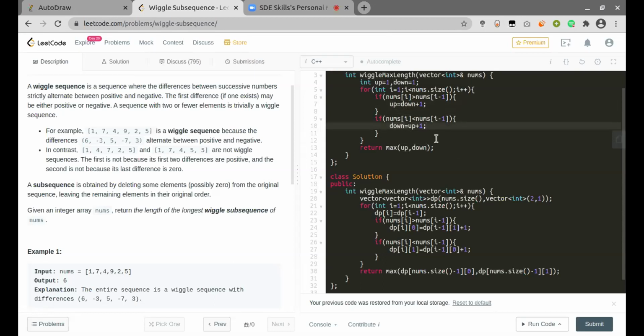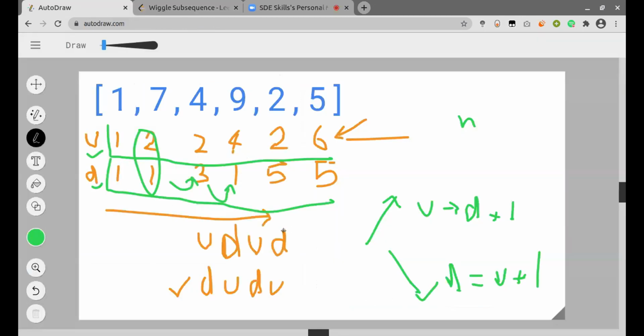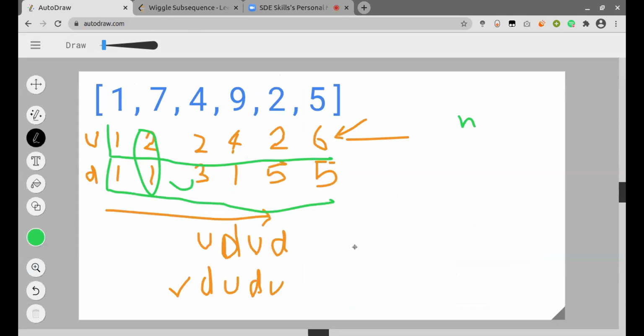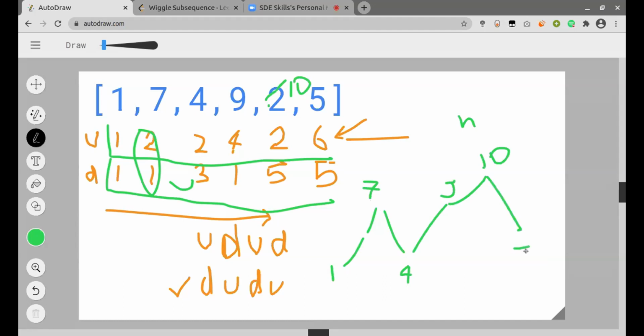Here I did not say what we were doing, but the idea is that we were finding the peak elements in our hill. So here if it is 7, and then here it is 4, here it is 9, and let's suppose this was 10, so after 9 there would be 10, and after 10 there was 5.